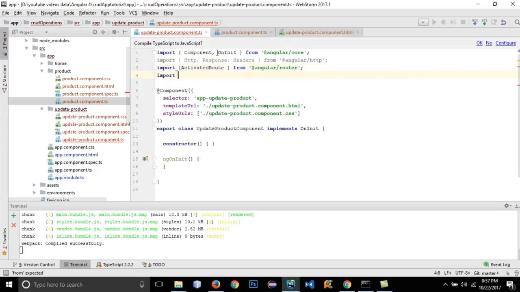and that route is going to be used if we want to change the URL and see the changes of any product directly from changing the URL. Then we need to create two routes. So ActivatedRoute, and we need to have a Router from the same module. Alright, and we also need to have, let's open up our